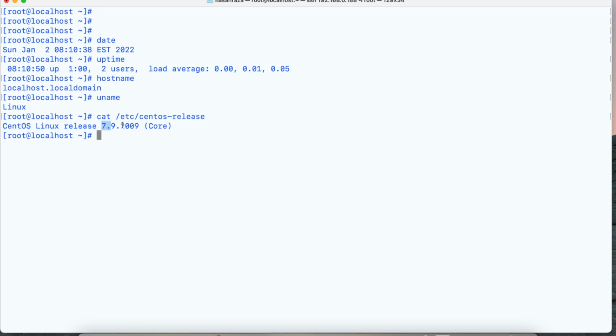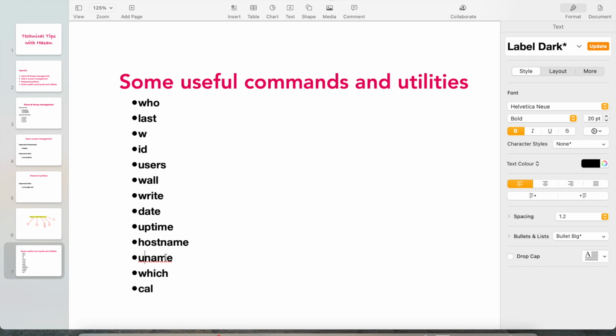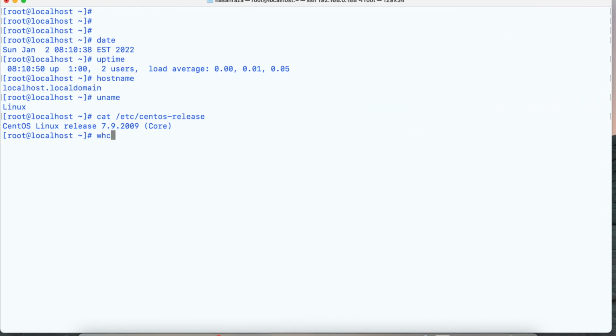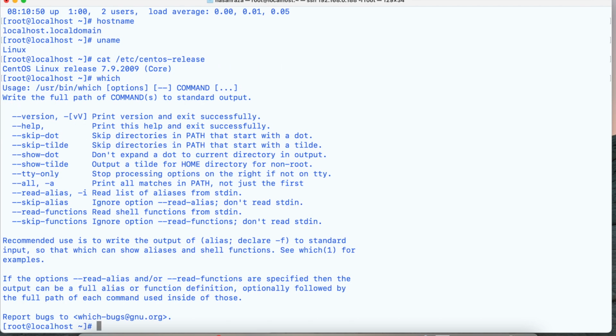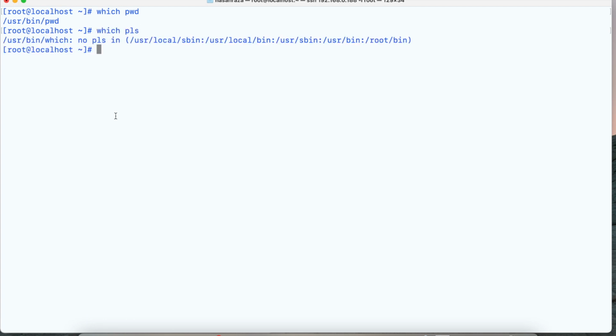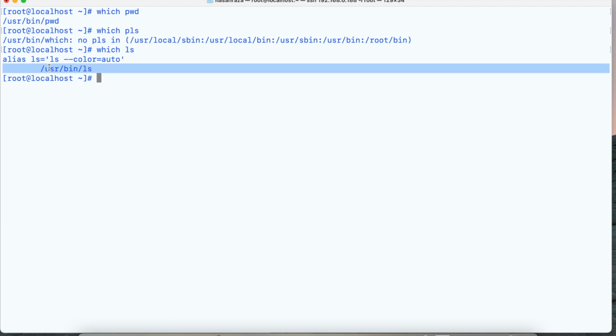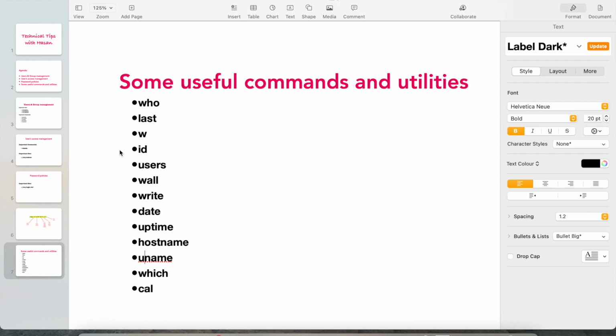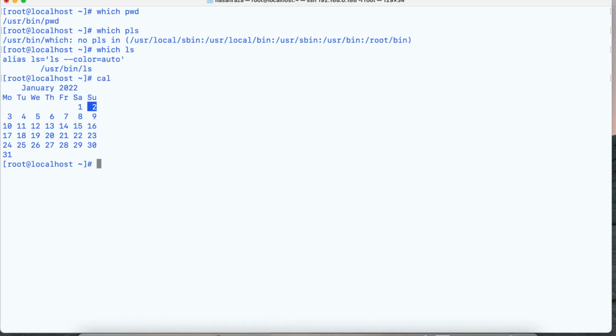The next one is which, a very important command. See that we have different options there, different things. So usually why we use which, for example, which pwd is a command. It will give us the path of that command. For example, if I say which ls, where is ls? It will tell us the path of ls. So you see that it gives us the location of this command. Next one is cal, calendar. You can see that what is the date today and what year it is. So these are the commands which you should really practice,